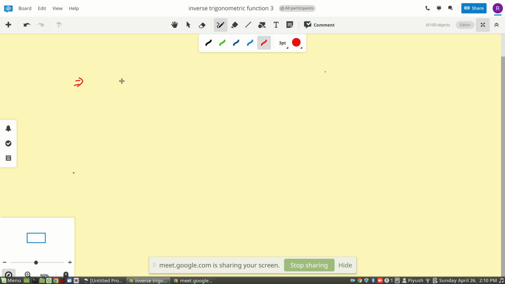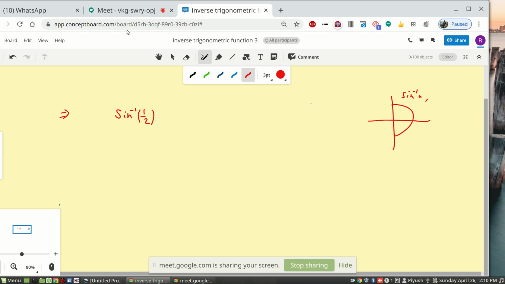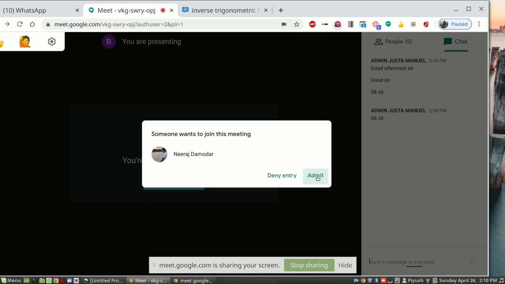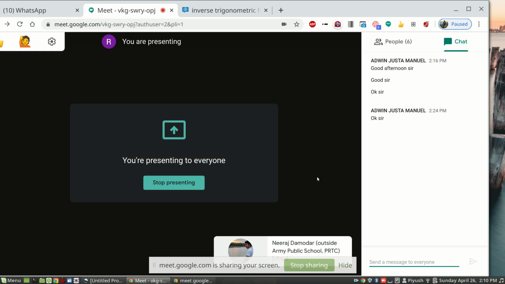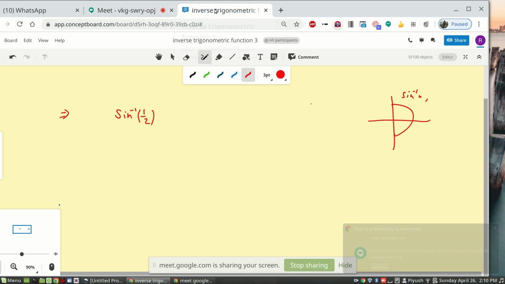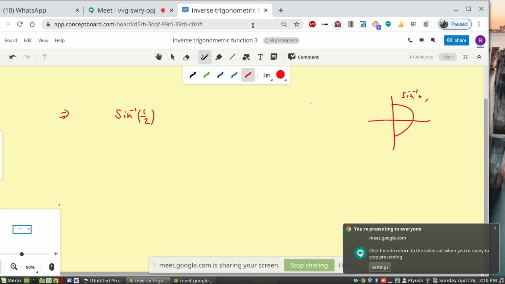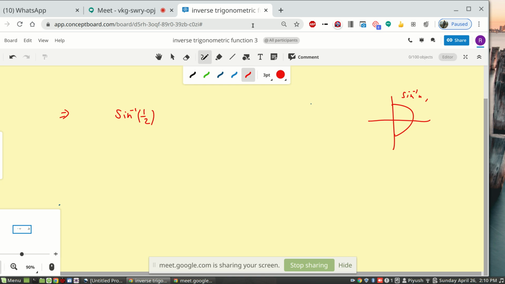Now, first of all, the variety of question we are going to see is, let's say somebody is saying sine inverse 1 by 2. We need to find the value of that. Whenever, last class I told you that, so these three trigo, sine inverse, cos, yes, so 30 degree, correct. So here the idea is, wait for 1 second.